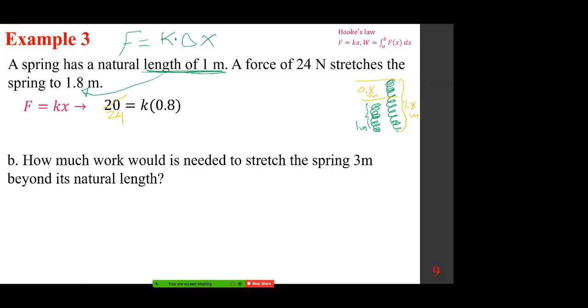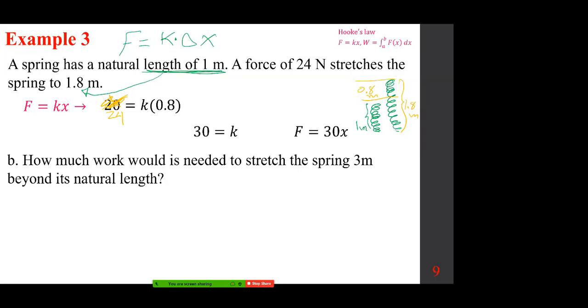So 24 divided by 0.8 and K becomes 30. Therefore, the formula is F equals 30X. Okay, everybody? So 24. All right, in part B, we are going to see how much work is needed to stretch the spring